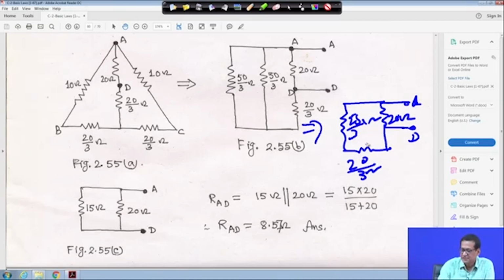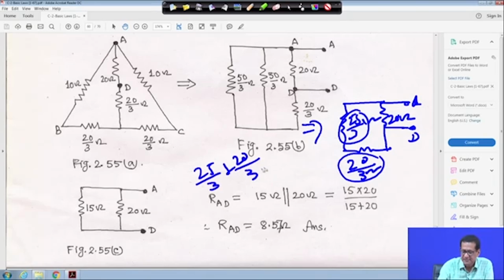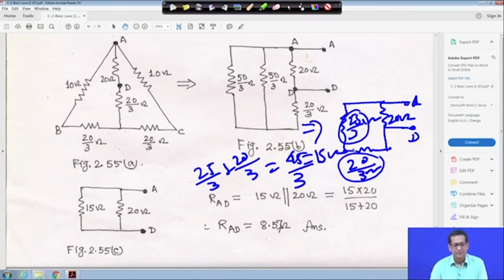So, if you make 20, these two are in series, 25 by 3 and 25 by 20 by 3. So, if you add 25 by 3 plus 20 by 3, that is actually 45 by 3. So, it is coming actually 15 ohm, right. So, that means this 15 ohm and 20 ohm now are in parallel. So, let me clean it,